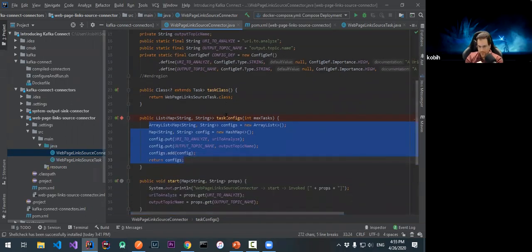When we get the task configs, it is our responsibility to split the work among tasks, but we have to do it for Connect. Connect doesn't know the strategy to use to parallelize the data we are getting. We just invented something. We invented a web page link source connector. How will Connect know how to properly cut the data and pass it into tasks? So for example, if I had here URIs to analyze in the plural,